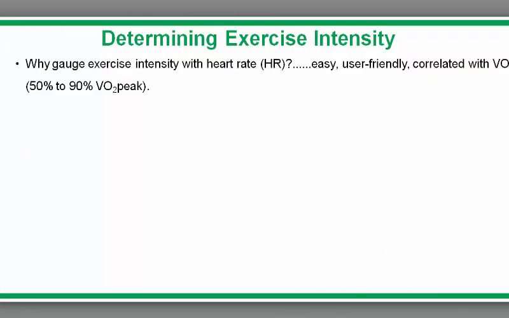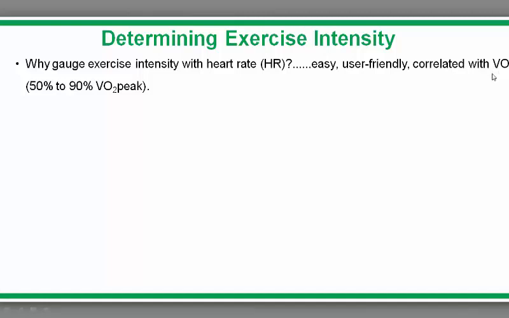In determining the exercise intensity of cardiorespiratory or aerobic exercise, there are a number of different ways to approach this, and one common way is to gauge the intensity or try to match the intensity of the work to the heart rate that the person is experiencing when they're exercising. The advantages of using the heart rate method is that it's very easy, it's user-friendly, and it doesn't necessarily require the use of any sort of therapist. The person is able to track this themselves, and it's actually correlated with VO2, or the rate of